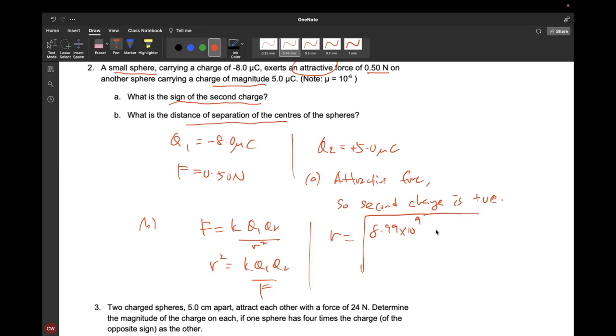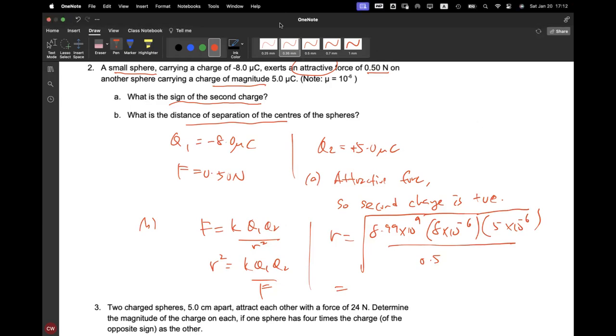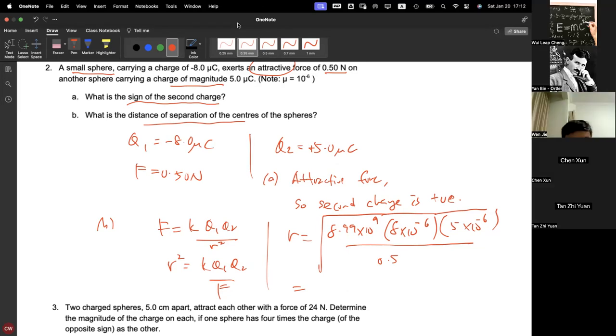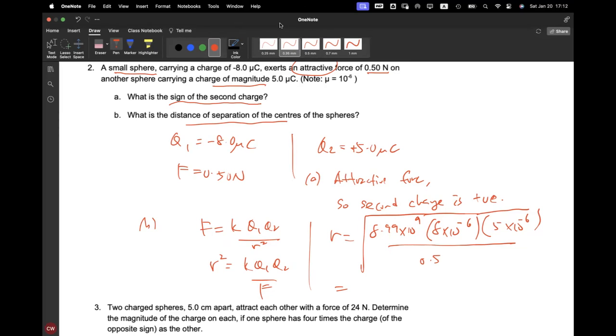K is 8.99 times 10 to the power 9. Micro is minus 6. The other one is also minus 6, divided by the force. Okay, try to work out the answer. Wenjie. Wenjie, can you raise your hand? Are you there? Wenjie 有在吗？文杰 有 有啊，来你算一下，把距离算出来。